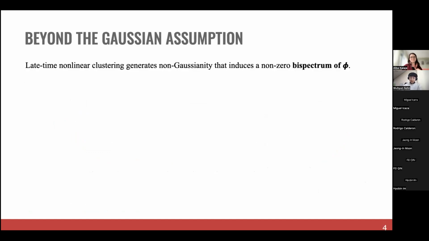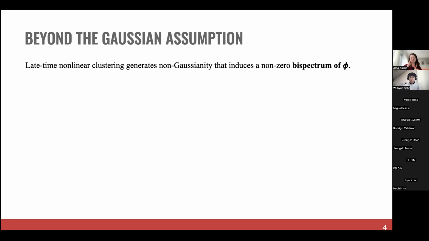Now, I don't want to create confusion. I'm talking about Gaussianity and non-Gaussianity in many observables. There's one type of non-Gaussianity, which is the one induced by lensing on the CMB. But then there's also the lensing potential, and in this case I'm talking about the non-Gaussianity of the lensing potential. So I hope this is clear. You're also free to interrupt me for questions, I don't mind.